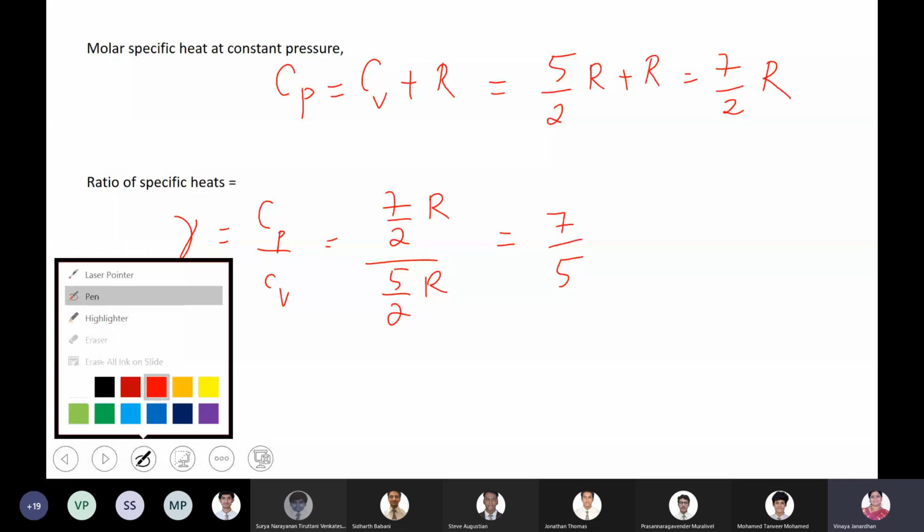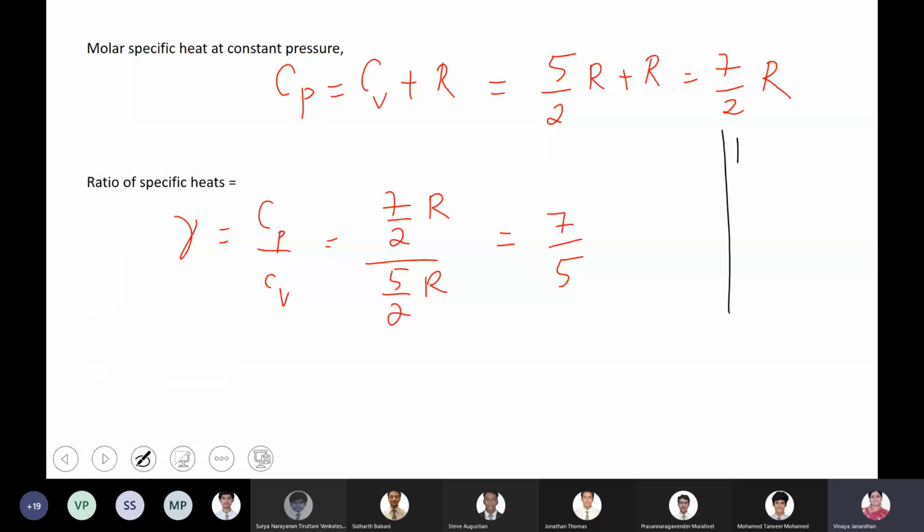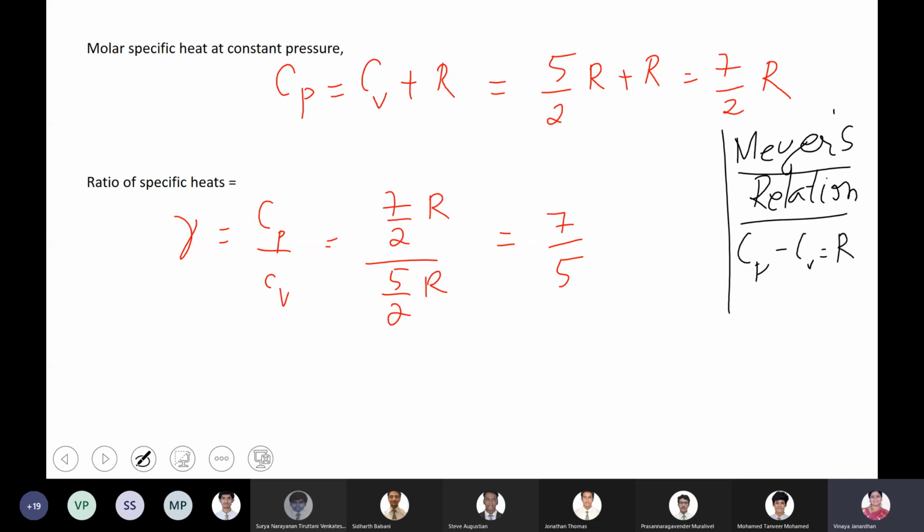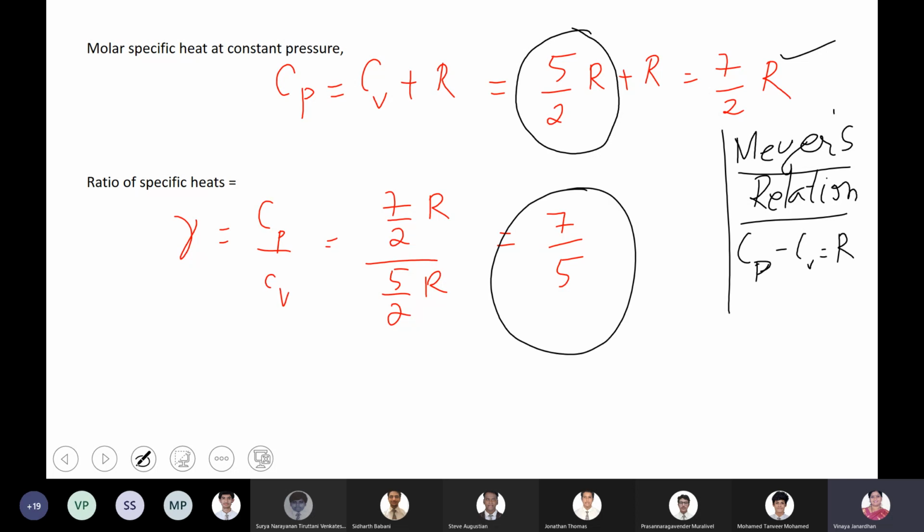Then this molar specific heat at constant pressure Cp. That was the relation between Cp and Cv. We call this Mayer's relation. We don't deal with it in physics as a whole, it's from the chemistry part. Cp minus Cv is equal to R anyway. Just that relation you should know. So Cp will be Cv plus R. Now you have got your value of Cv as 5 by 2 R. So totally it will be 7 by 2 R. Then the ratio of the specific heats is 7 by 5.